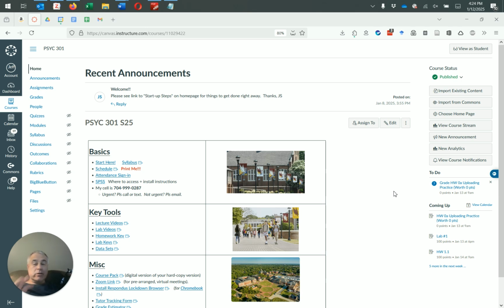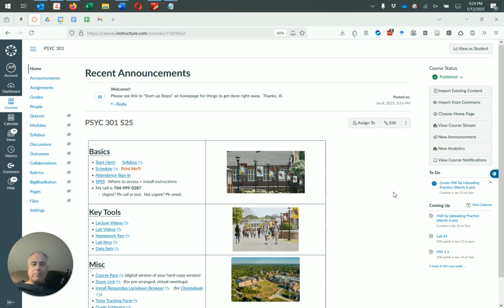This is a general overview of the structure of the course, where to find stuff, how your course pack's organized, all that kind of stuff. So usually I would cover this in the first or second day of class, but I want to make this available to people that missed that, or at some point I might want to just push this offline, have it done outside of class.